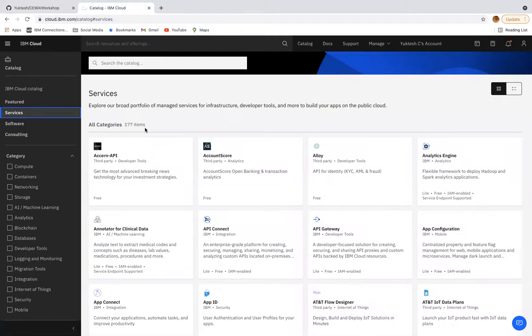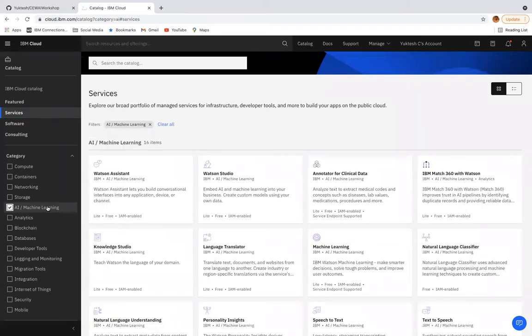Okay, so what I request all of you to do is go to AI and ML, go to AI and ML, and there is a service called Watson Studio, right? Everybody click Watson Studio. Let me also do that.